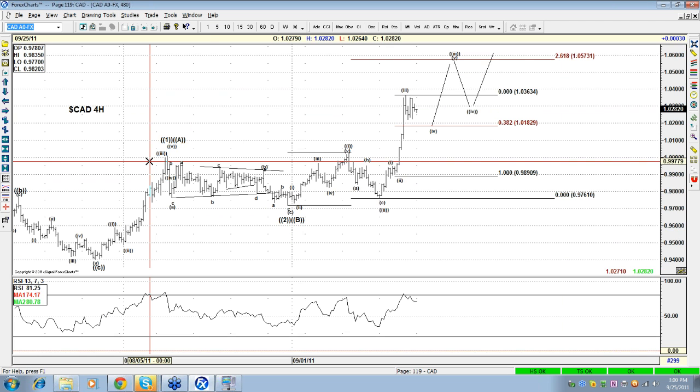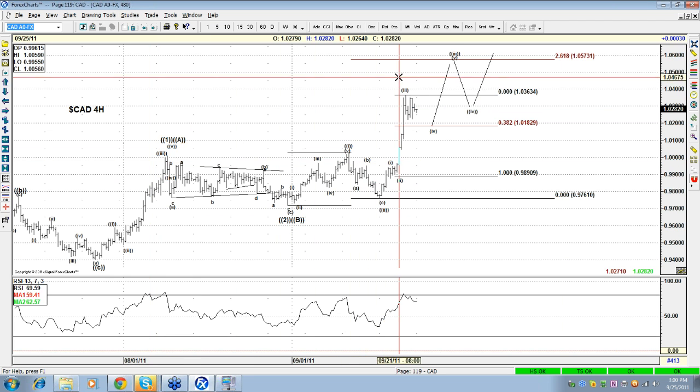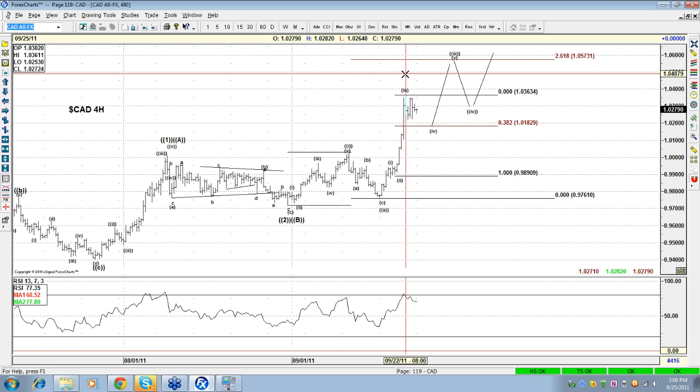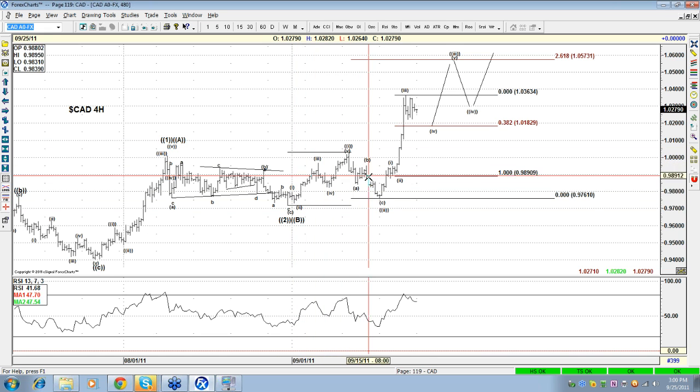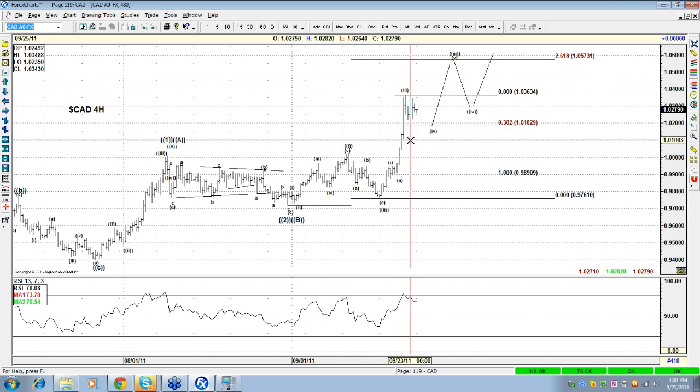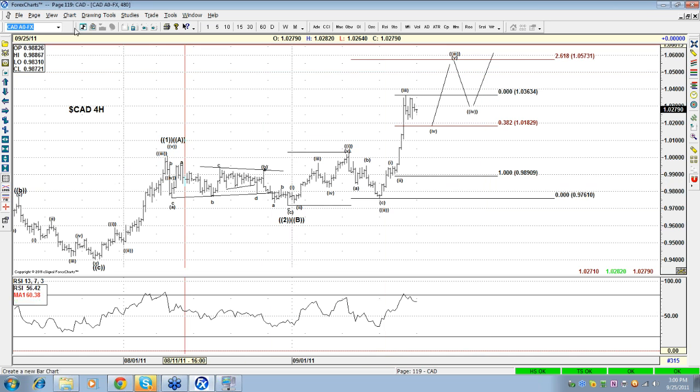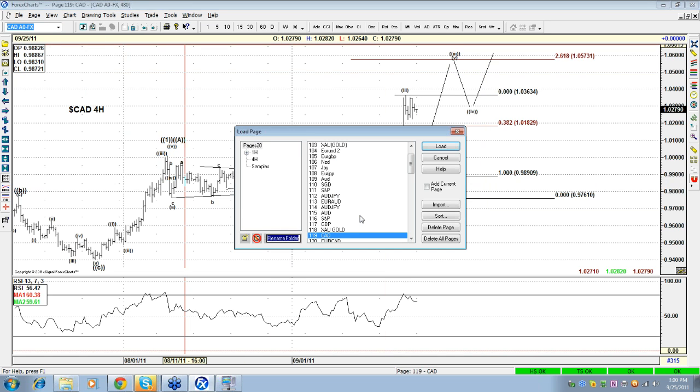Look, in the CAD there is no single bit of divergence. The same with the Aussie. What that's telling me is that it's going to go higher. You guys, not even from here do you see divergence, so it needs more upside. Now the S&P, and then we're going to open for questions.